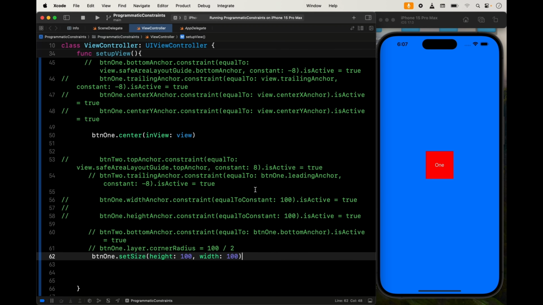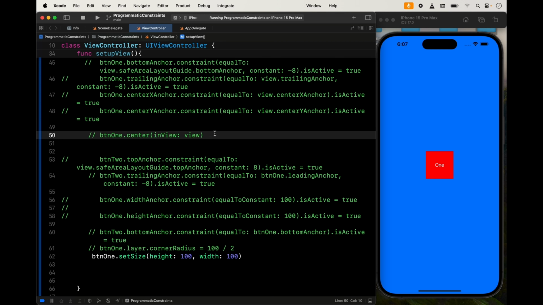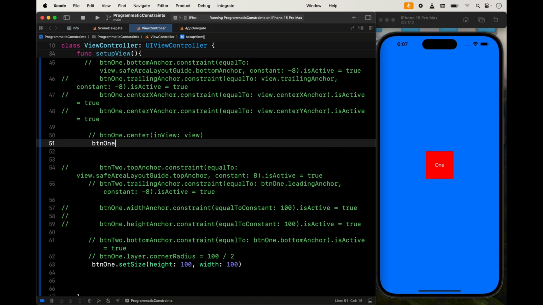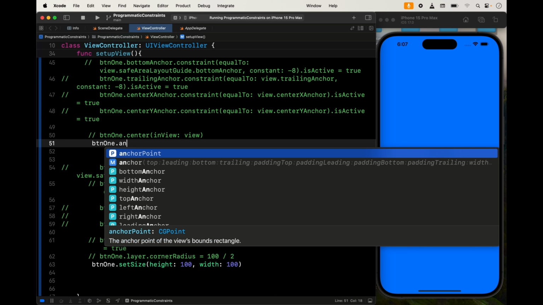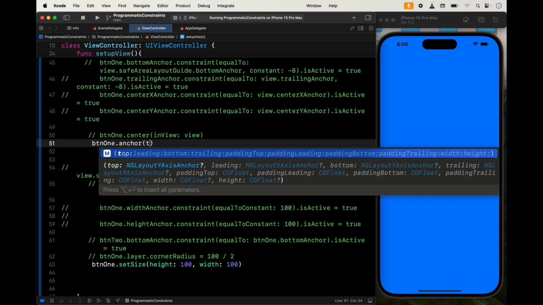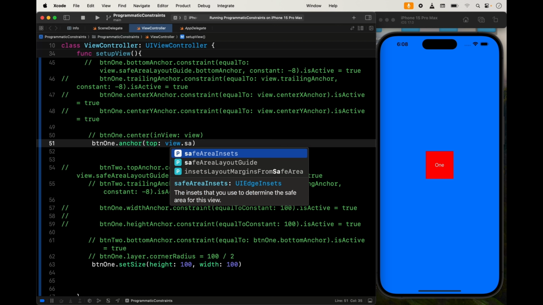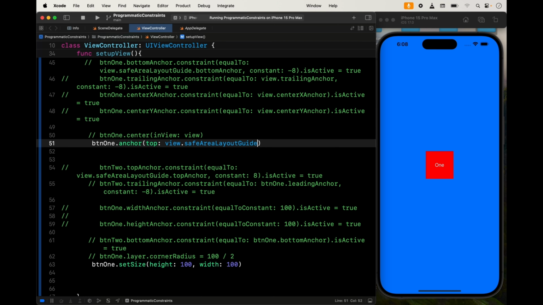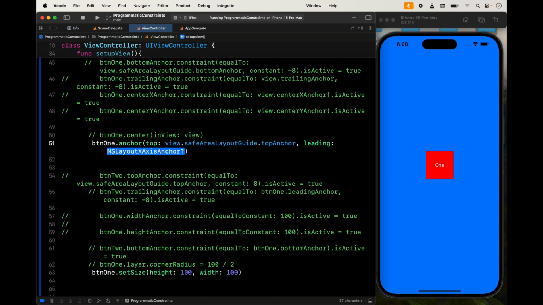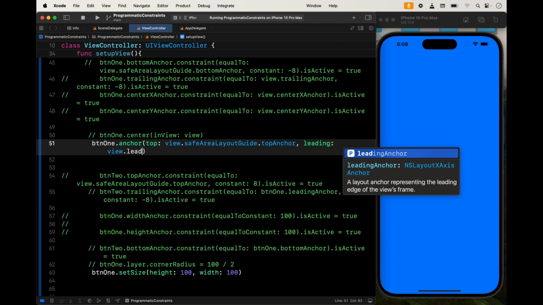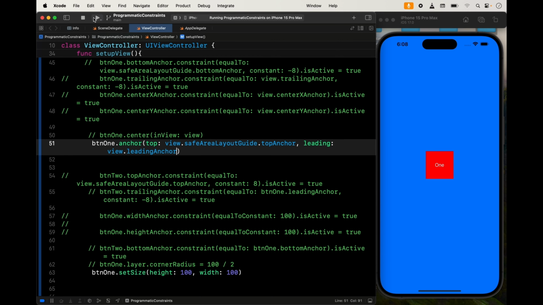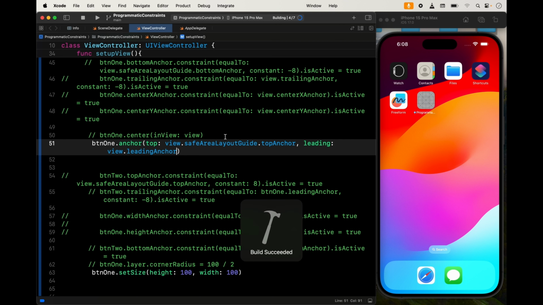So the next thing would be, let's move it to the top left corner, right? So you could comment this out and say button1.anchor, and the anchor we want is going to be top is going to be view.safeAreaLayoutGuide.topAnchor, and then we want the leading is going to be view.leadingAnchor, right? So if we do this and we run it, we should get it